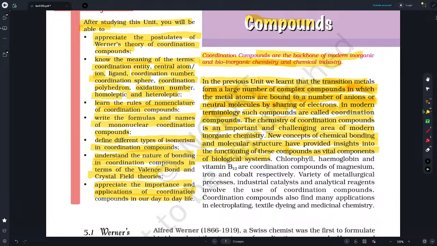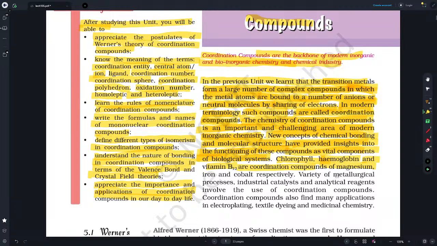In modern terminology, such compounds are called coordination compounds. The chemistry of coordination compounds is an important and challenging area of modern inorganic chemistry. New concepts of chemical bonding and molecular structure have provided insights into the functioning of these compounds as vital components of the biological system. Chlorophyll, seen in plants, hemoglobin, seen in the red blood cell, and vitamin B12 are coordination compounds of magnesium, iron,